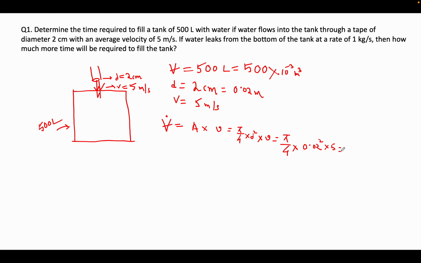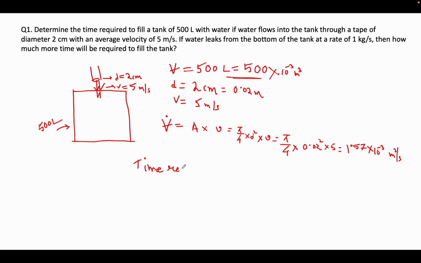So you put it here, pi by 4 into 0.02 whole square into 5. So this will be 1.57 into 10 to the power minus 3 meter cube per second. Okay, so now it's a simple unitary method you should apply. In 1 second the volume filled is 1.57 into 10 to the power minus 3. You have to fill a total volume of 500 into 10 to the power minus 3. So therefore the time required will be,